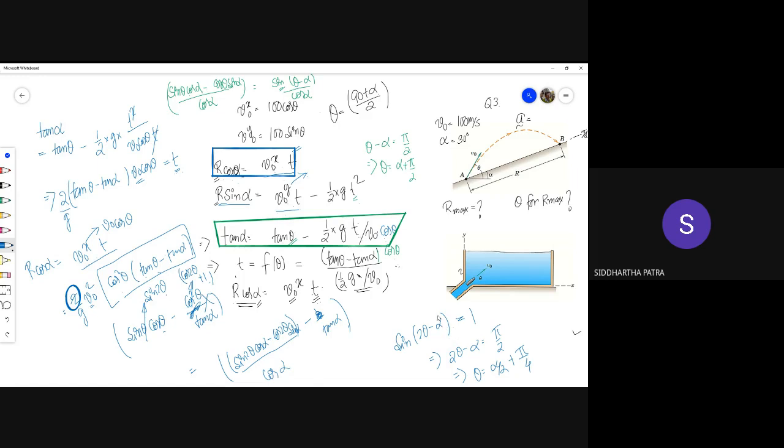And there you can also do the derivative part over here. So I forgot to include the cos theta from v0x. It's not v0x which is constant, it is v0 which is constant. Okay, so if you do that, you'll get this value of theta, and that you can substitute in one of the expressions, r cos alpha maybe. So that should give you the correct value of the maximum range.